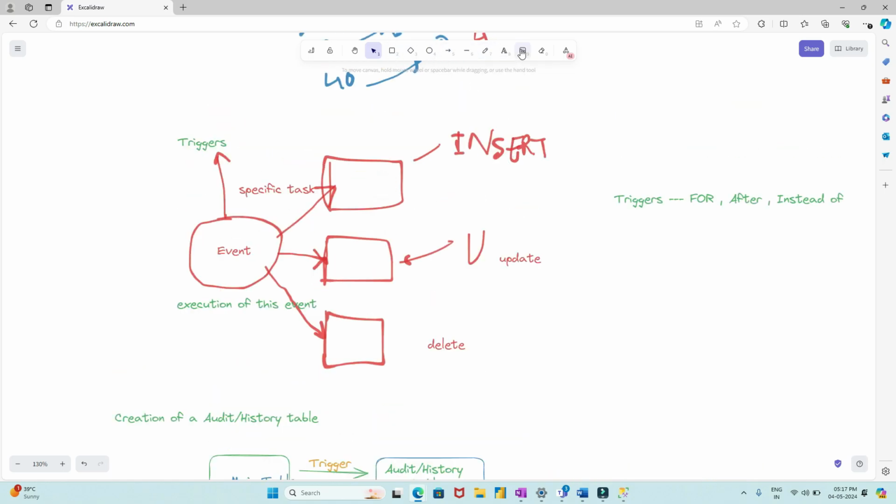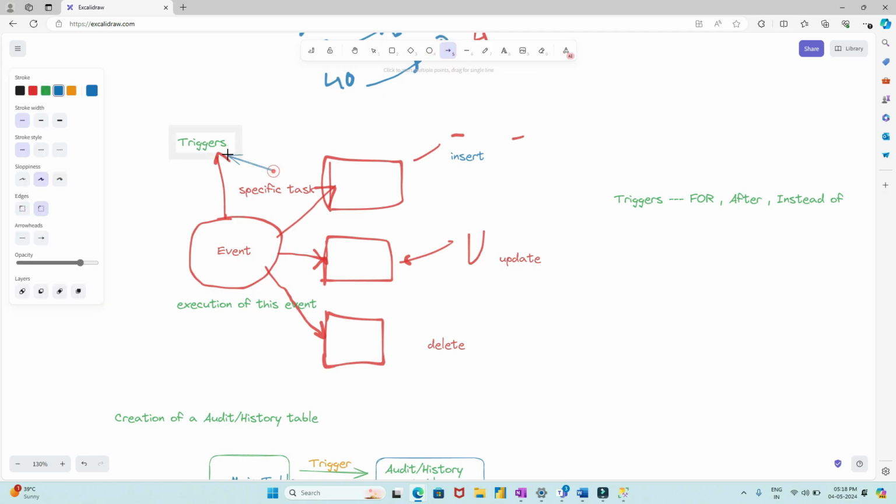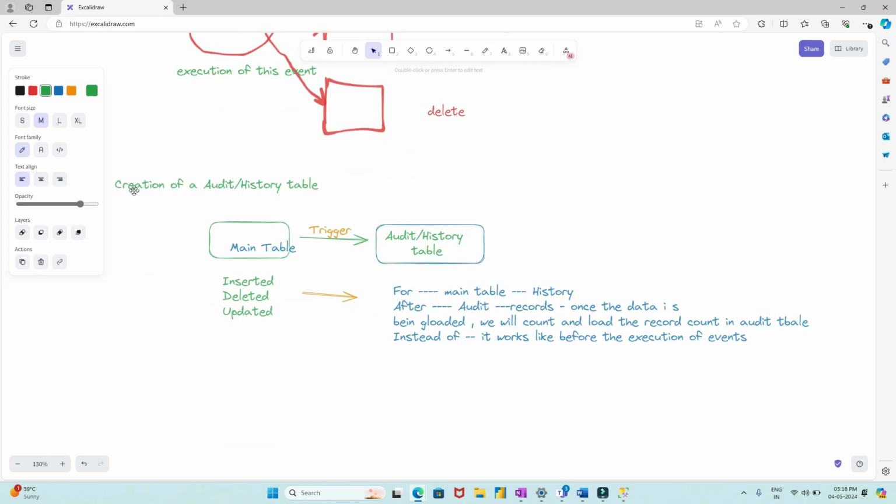So basically जब भी हम किसी भी पर्टिकुलर रिकॉर्ड में इंसर्ट करेंगे, अपडेट करेंगे, डिलीट करेंगे, सो उस इवेंट पे अगर हम कोई एक स्पेसिफिक टास्क करना चाहते हैं, for doing that specific task we will require a trigger. This trigger is being classified into three types: for, after, instead of. Creation of audit history is one example. तो बेसिकली अपन एक मेन टेबल है, डेटा एक ट्रिगर बना के ऐसे डाल रहे हैं।